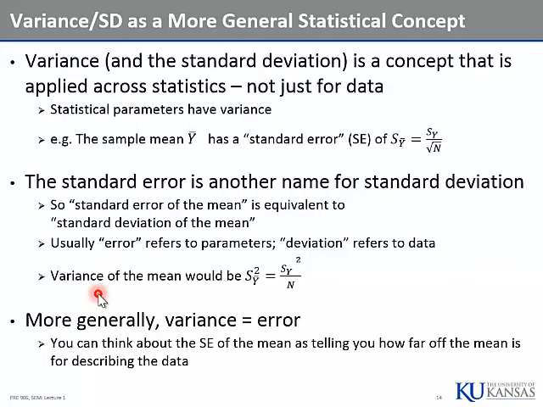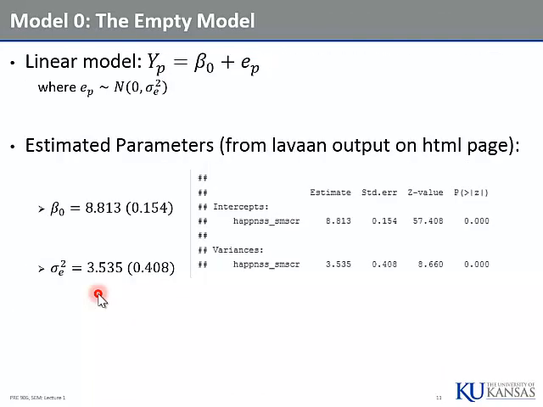So that's what I just said right here. Actually, I didn't say this right here. Standard deviation and variance, we just talked about it with data, but it could also mean the same thing in terms of any statistical quantity or parameter. So you think of the mean itself, the sample mean. Here's your sample mean right here,